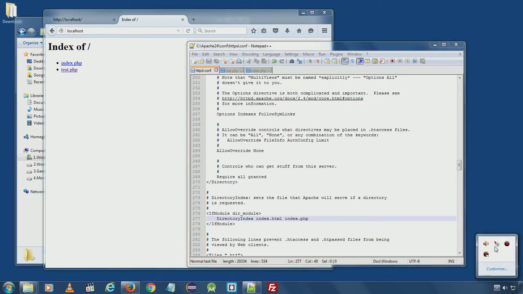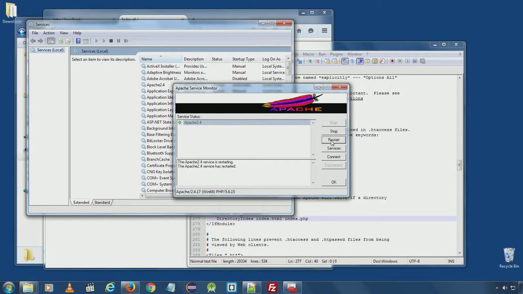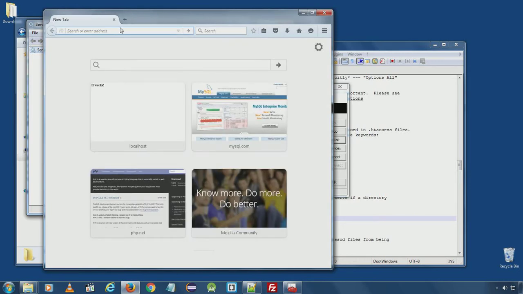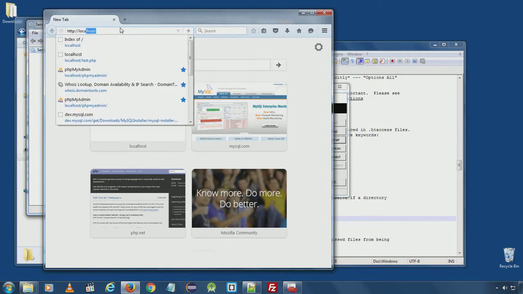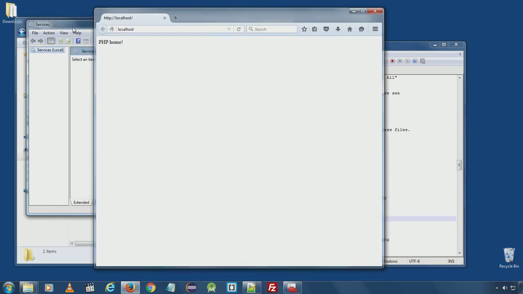Now again restart the server. And if you type localhost, the PHP index file will also work.